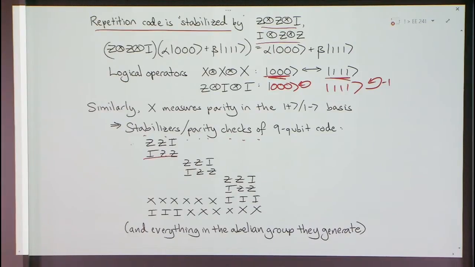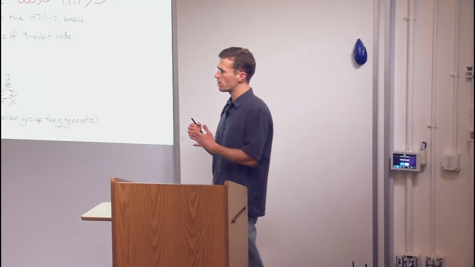So that gives you 1, 2, 3, 4, 5, 6 stabilizers, 6 operators where the state is a +1 eigenstate. And then for the outer code, the bigger code that you put on top of that, that's just X, X, I, except this is logical X acting on the first block of 3, right? The logical X acting on the first block of 3, it's this operator here. And this is logical X acting on the second block of 3. And this is logical identity. And similar, and then I, X, X, X, X, X, X. So that gives us 8 stabilizers for this code, this 9-qubit code.